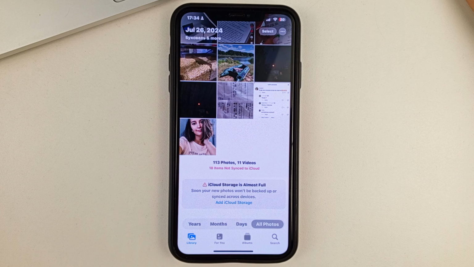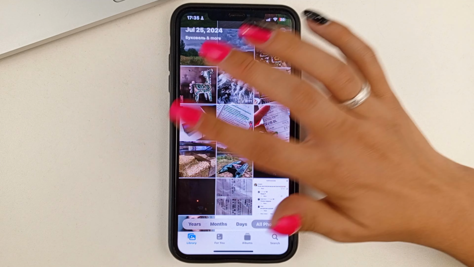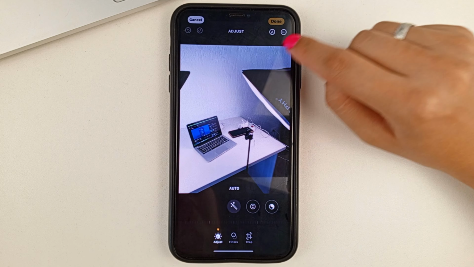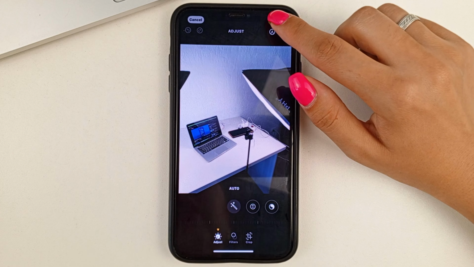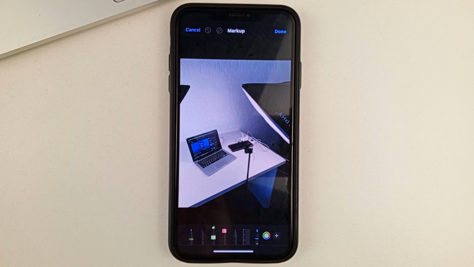To do this, open your gallery. Now select any of your photos. At the top, click Edit. And now also on the top right, click on the pencil sign. Now if, say, you wanted to hide an object, you'd have to click on the very first pen sign, press and hold. Set it to the maximum here.